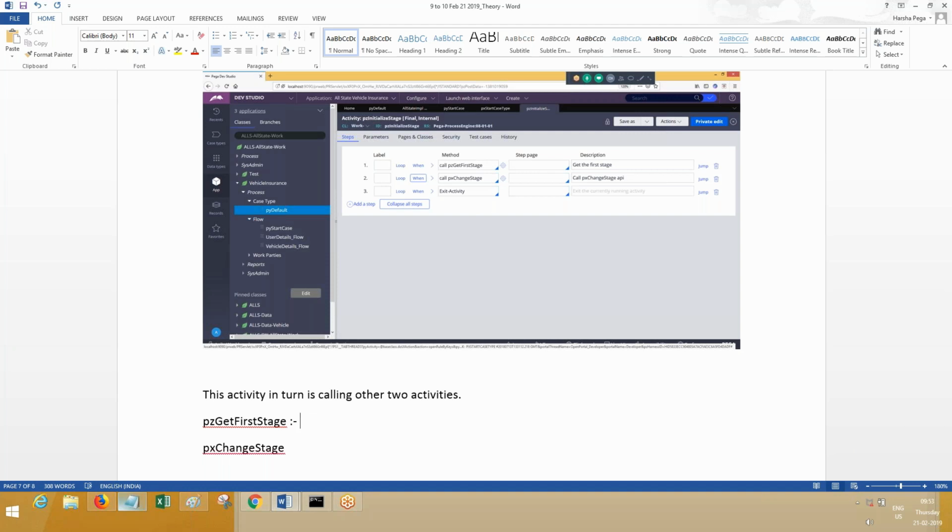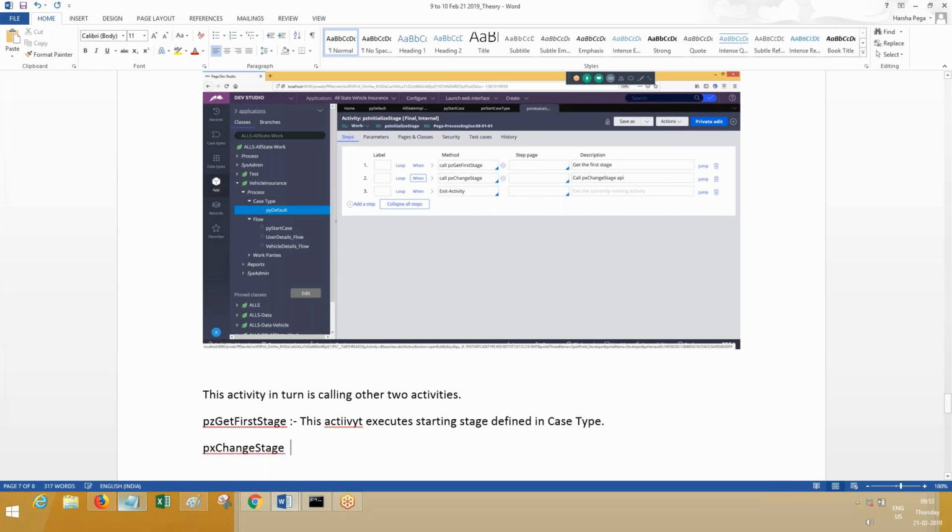This activity executes the first stage, the starting stage defined in the case type.